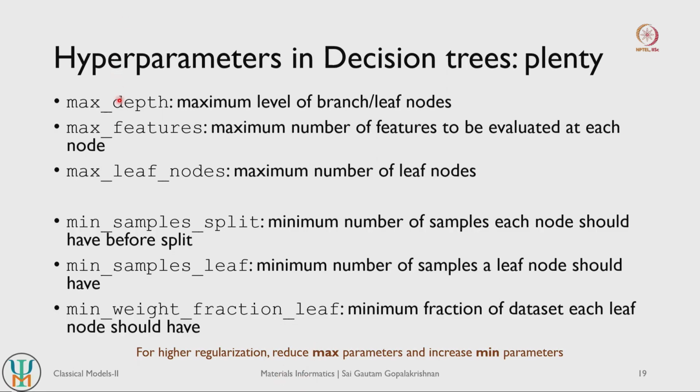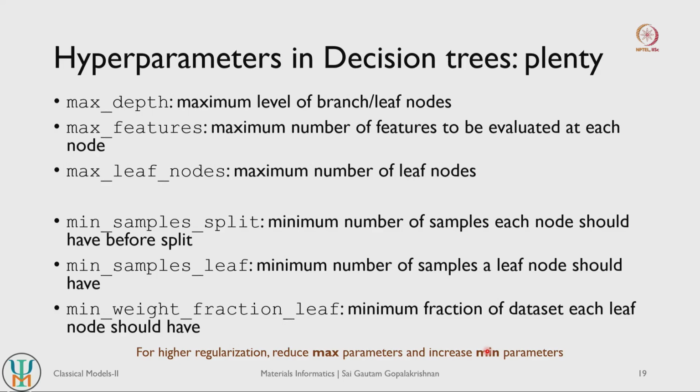So reduce maximum depth, for example, so that you reduce the number of splits you can have in your model, or the number of bins you can have in your model, and that basically leads to higher regularization. If you increase the maximum number of features, so increase the depth, for example, that would allow the model to split the data into more and more pure bins and hence have higher variance, right. So if you want higher regularization or higher bias in your model, you should reduce maximum parameters and increase the